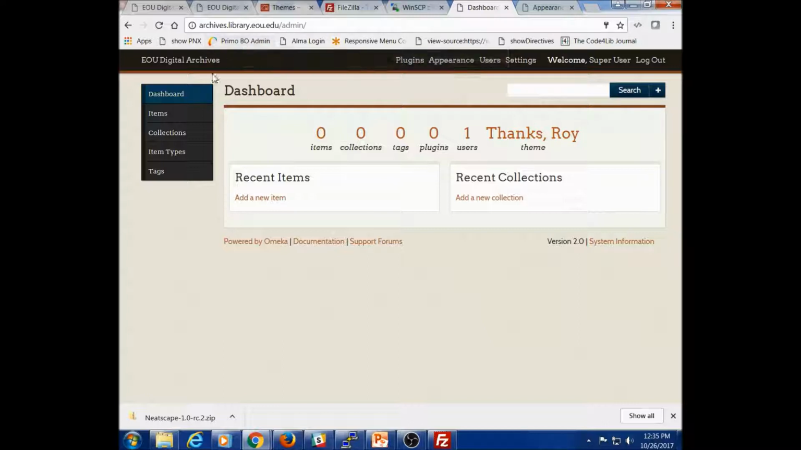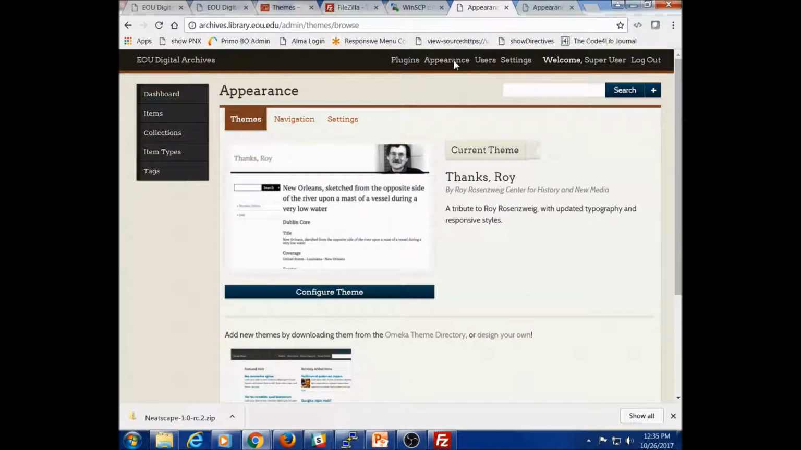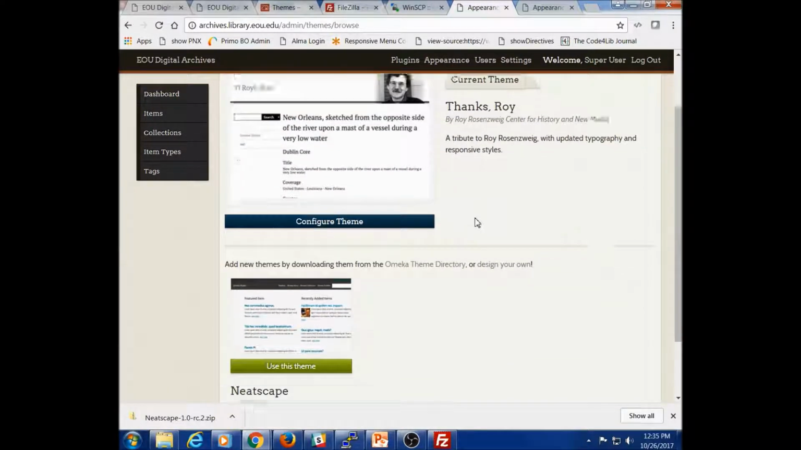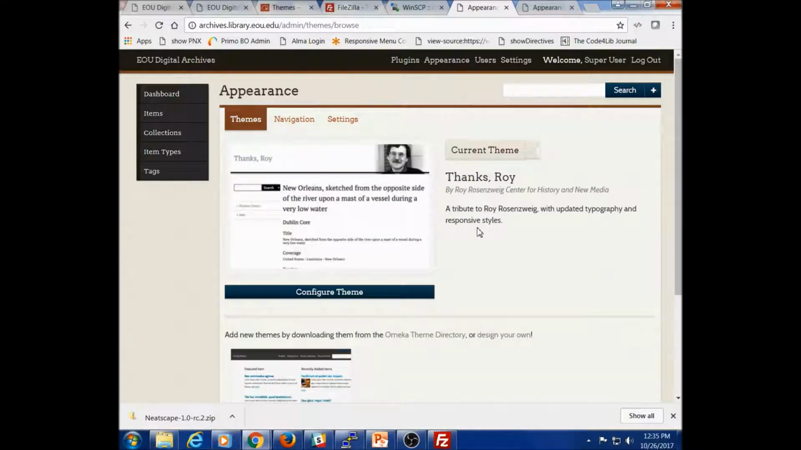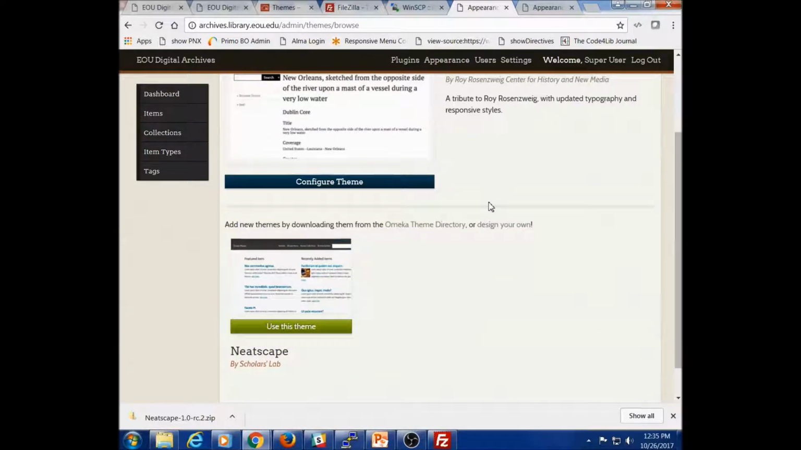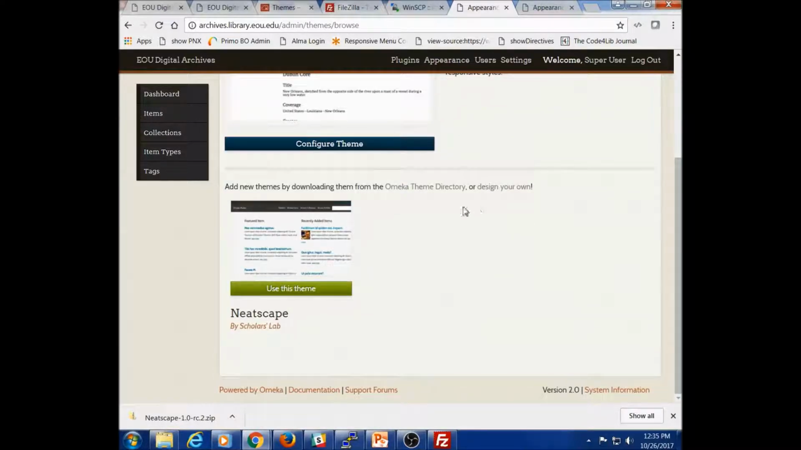So as soon as you log in, you'll see this page, and what we want to do is go to Appearance. And from here, we're able to pick our theme. So our current theme is Thanks Roy, and we have other themes that we can add, or we have our Netscape theme that we just added using the SFTP server or client, and we can click